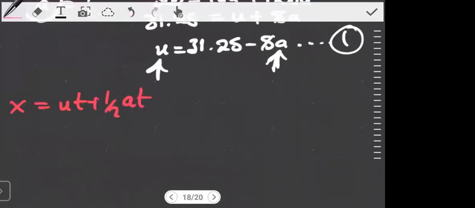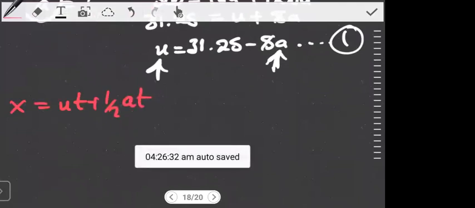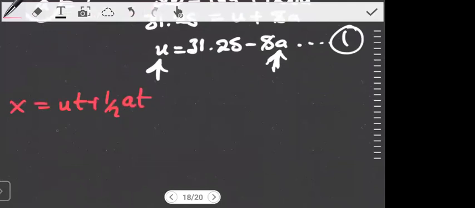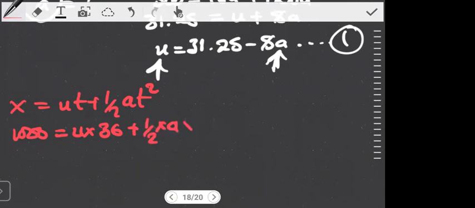Again, X is displacement, u starting velocity, t time, a acceleration. My displacement in 36 seconds is that full kilometer, 1,000 meters. My starting velocity is u. My time this time, we're evaluating motion in 36 seconds, plus half of the acceleration times the time,